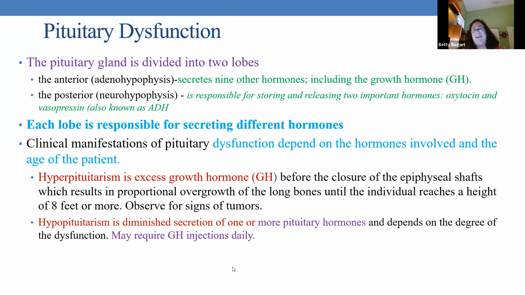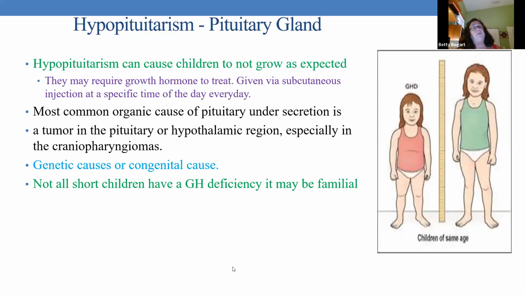Now, when you're a little tiny child, some parents say, I want to give my kid a chance to be above 4'6" because some children can be small. They're going to give them these growth hormone injections, usually daily, sometimes less than, but let's just say it's daily, but they're subcutaneous injections. So these parents and children have to be serious about getting their medicine because they are a subcutaneous injection. So hypo